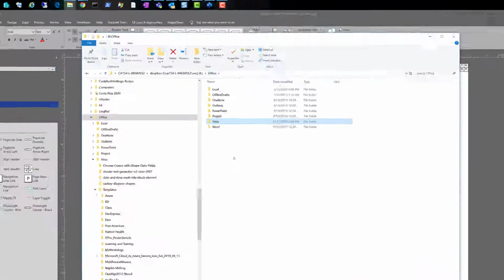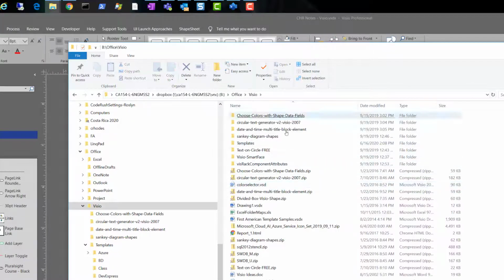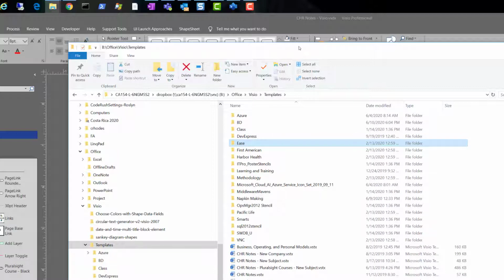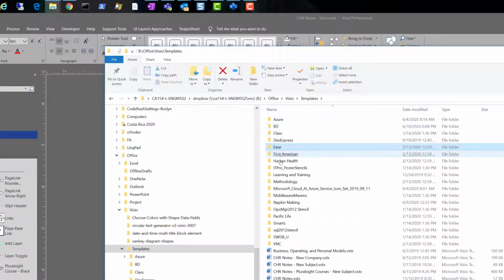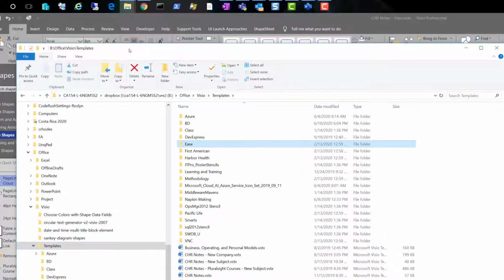I've created a folder for each of the different Office applications, and I have my Excel templates and different things there. I have my Word content there, templates and other starting points. And in Visio, I've got a whole bunch of different stuff, but we're going to move into the templates folder. And so if you'll notice, the structure here is very similar to, I'm going to move this over